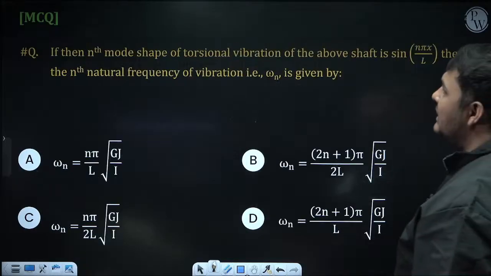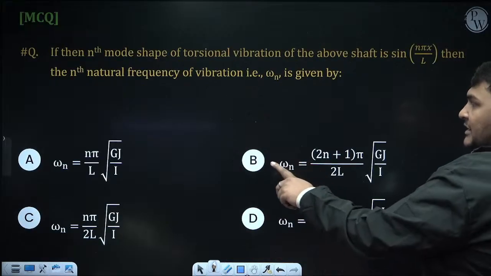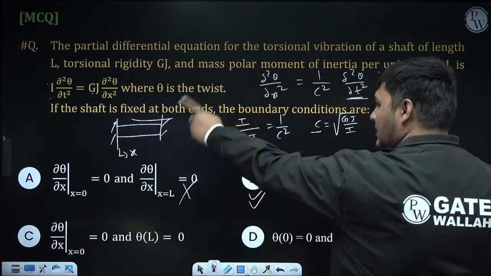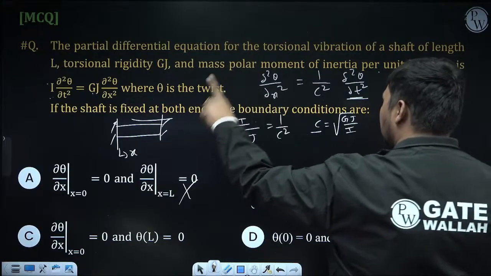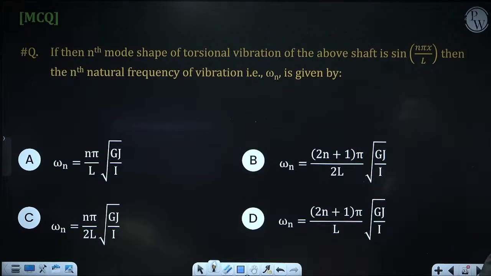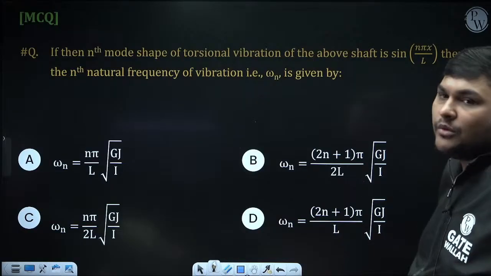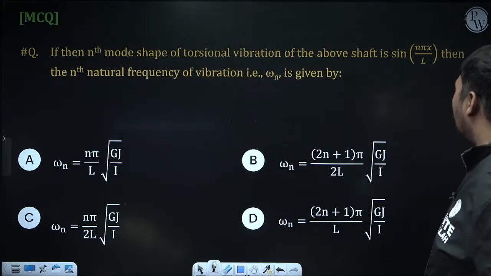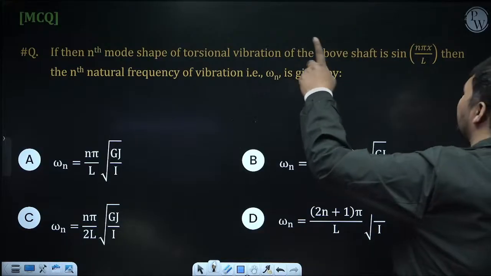Second, now this is a repetition question, it is a common data question. Actually, this question has come in the GATE examination. Now the same data is valid for the second question also. Now, if the nth mode shape of the above shaft is given as sin n pi x by L, then the nth natural frequency of the shaft will be... Okay. See, if we put it in the equation of theta, na,